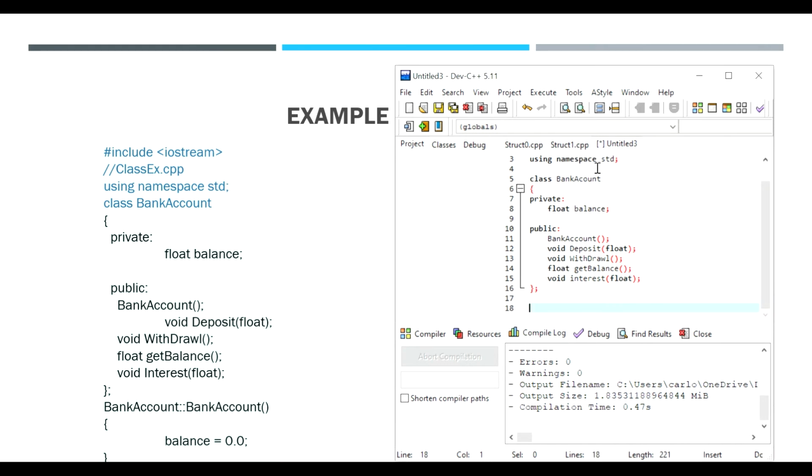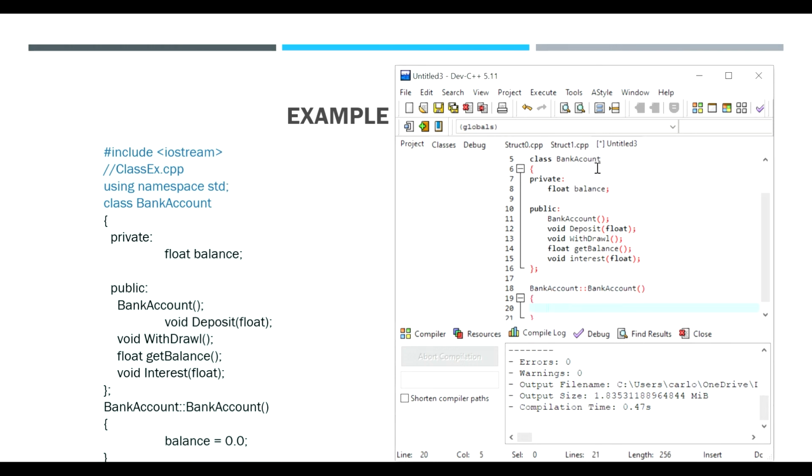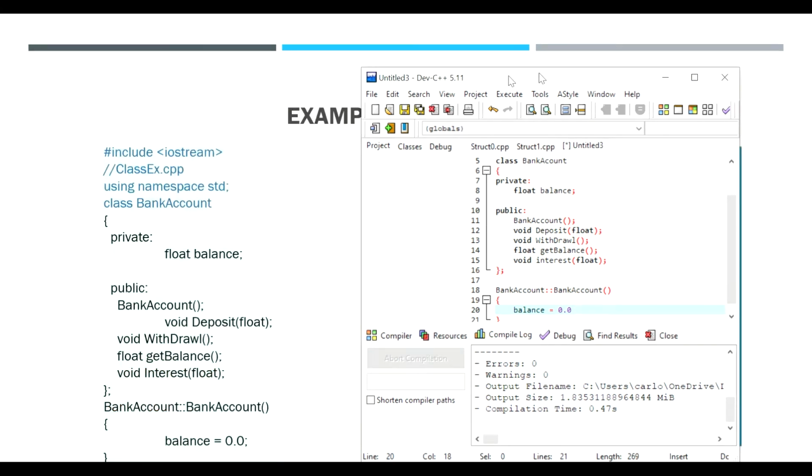So when we say bank account, I'm going to use the colon for the constructor bank account. Okay, so when we create our function from the constructor, we're going to say balance equals 0.0. So first the balance is 0.0. All right,